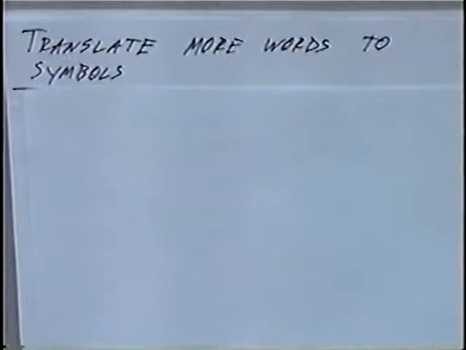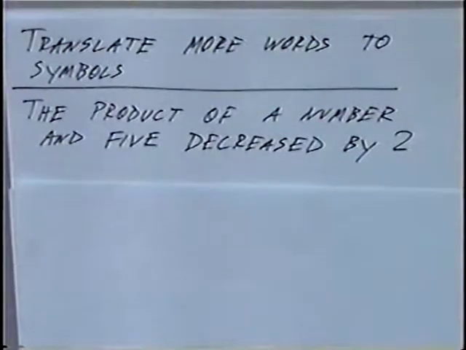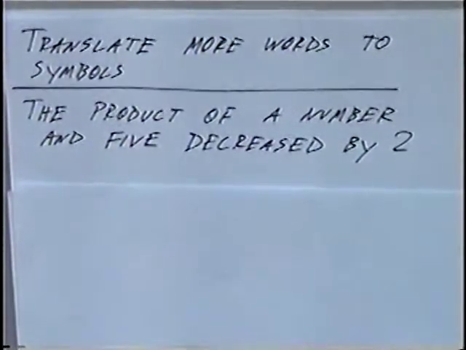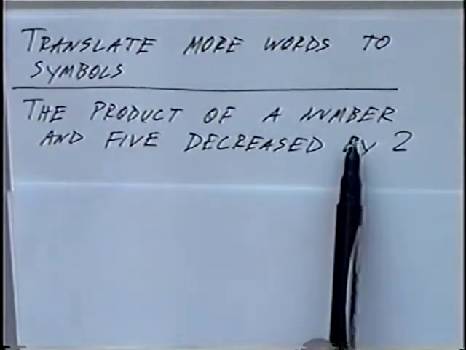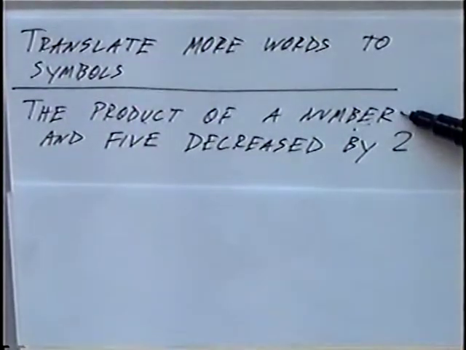Title of the next section is Translate More Words to Symbols. Again, in this section we will continue to translate vocabulary words into mathematical symbols or operations. First problem is the product of a number and 5 decreased by 2. Again, the vocabulary word product means to multiply. So we're going to multiply a number, and again, if we do not know that number, we can use the variable x. So we'll multiply x by